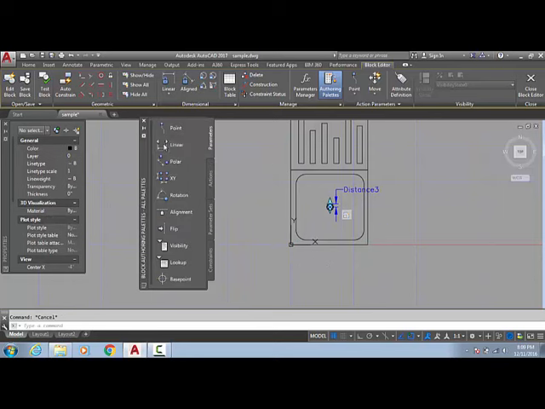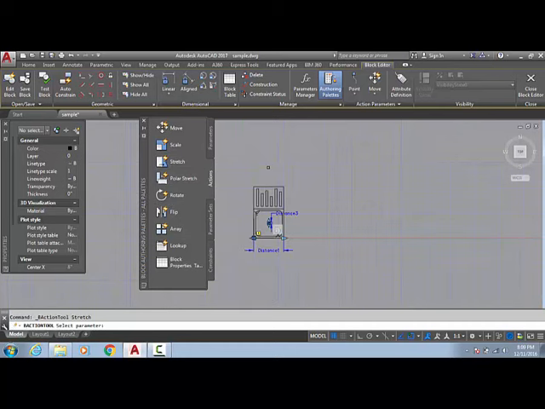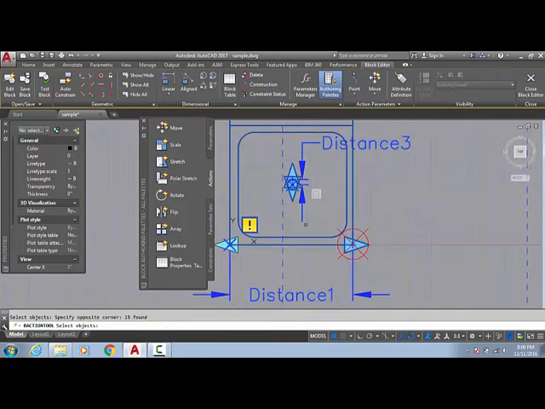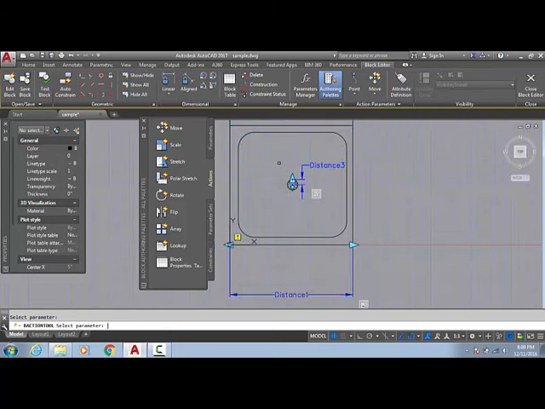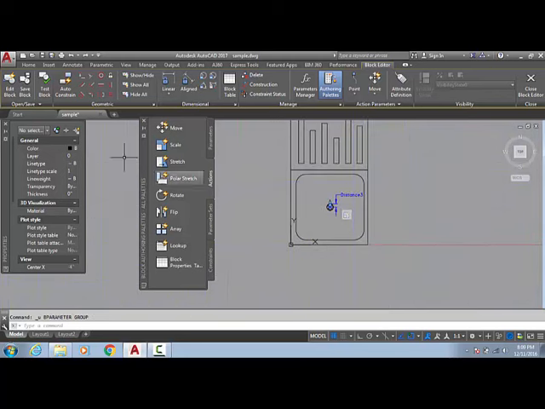Again select the parameter, select the linear parameter, select the linear distance, okay. Go to the action, go to stretch, select the parameter, select the placement, select the window and select the object like this. And I am going to again exclude this, sorry, by mistake I placed the space.